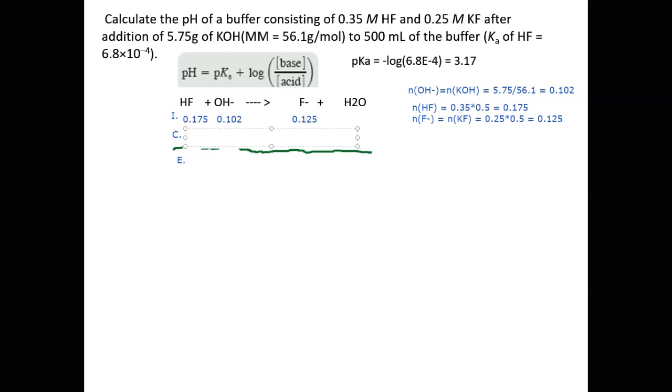Change: minus 0.102, minus 0.102, plus 0.102. So all the strong base is going to react with the weak acid to form that much weak base. And so we get